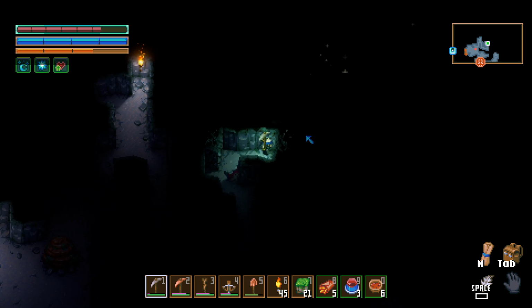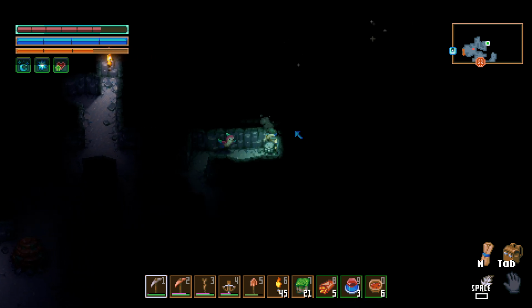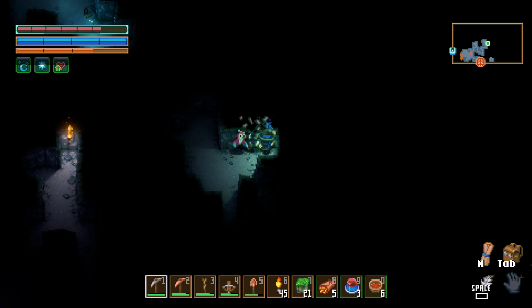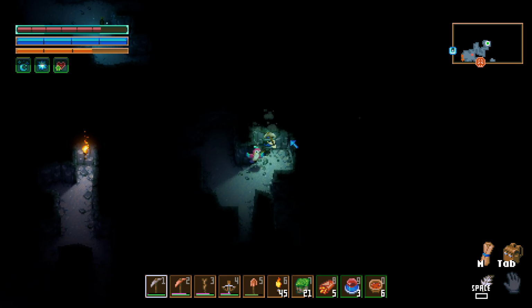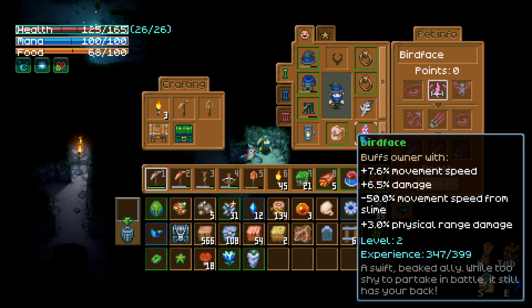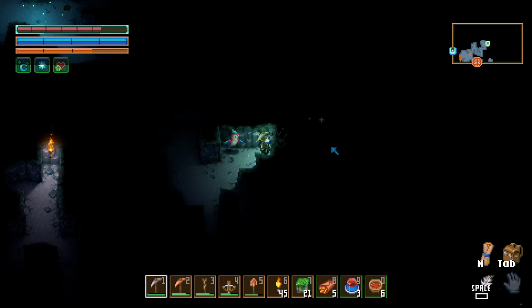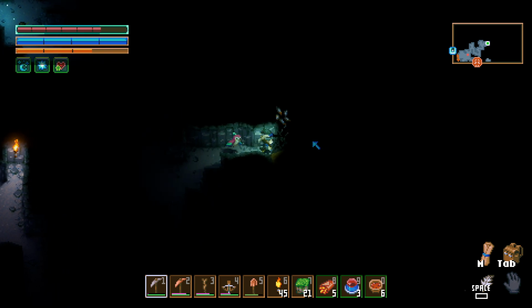I also want to start getting a different pet. I'm nothing against this bird, but it doesn't really do much at the moment. So it gives us range weapon or range increase damage, which is nice, I think. Movement speed, damage, minus 50 movement speed from slime. Okay. So yeah, over time it'll get us better and better and better, but...